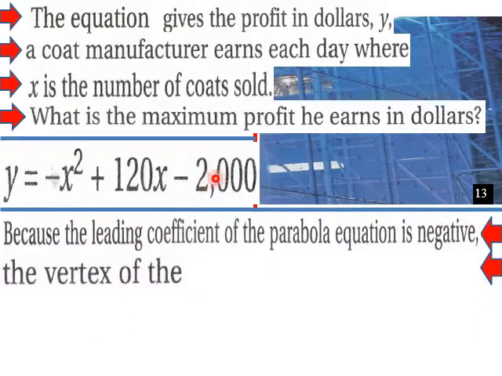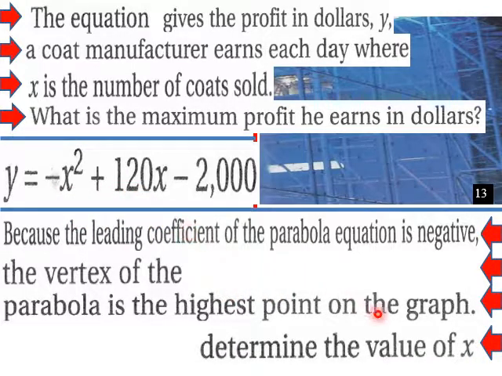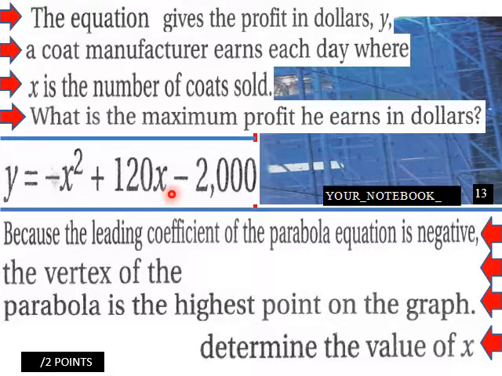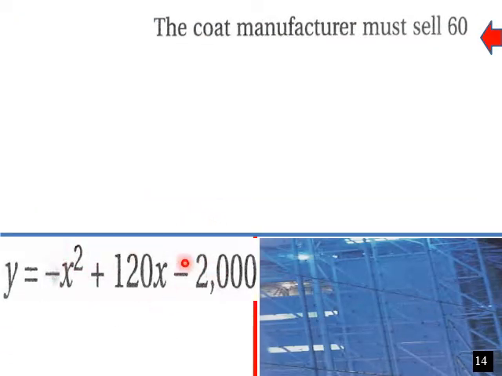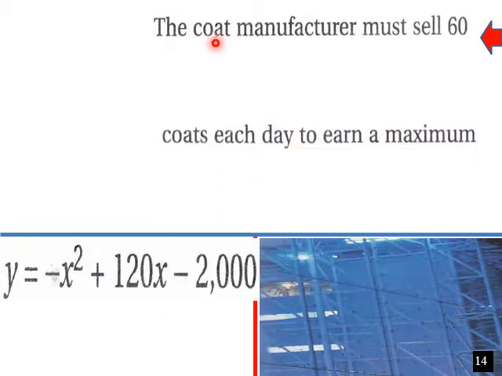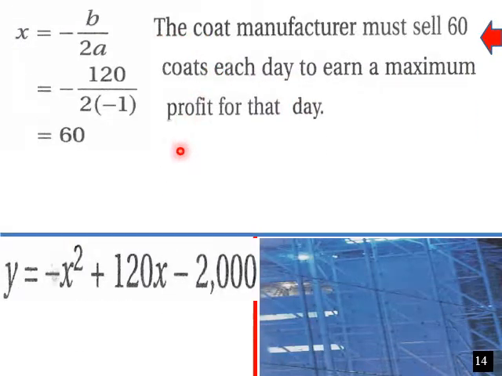It's negative, so the parabola is going to go like this. So the vertex of the parabola will be the highest point on the graph because we have a negative a here. So we need to determine where the vertex is of this parabola. So to do that, the coat manufacturer must sell 60 coats each day to earn a max